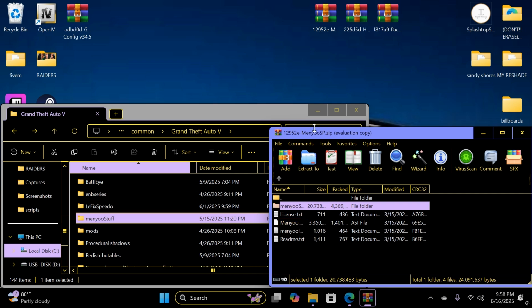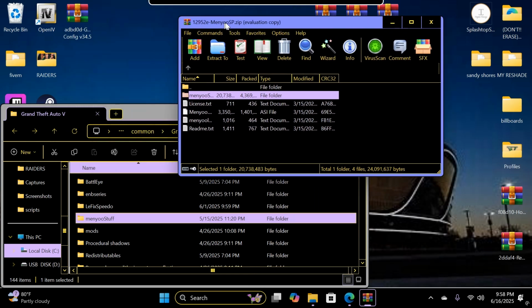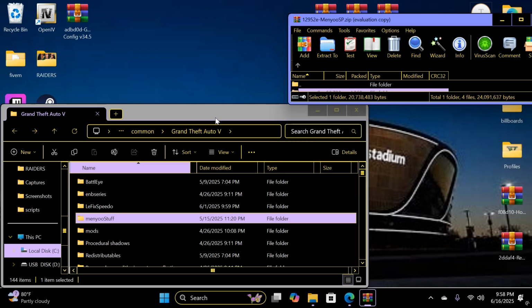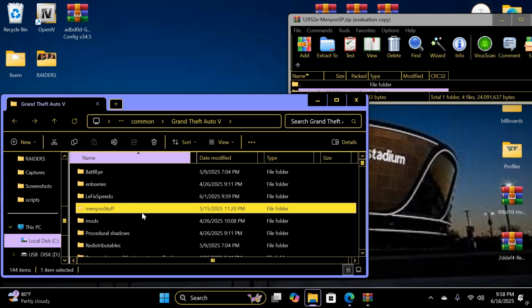And that will go right here in the main directory folder. This is also common, main GTA 5 main directory. Always remember where your directory is. If you want to find it real quick, let me see if I can do it. You should be able to put it like,